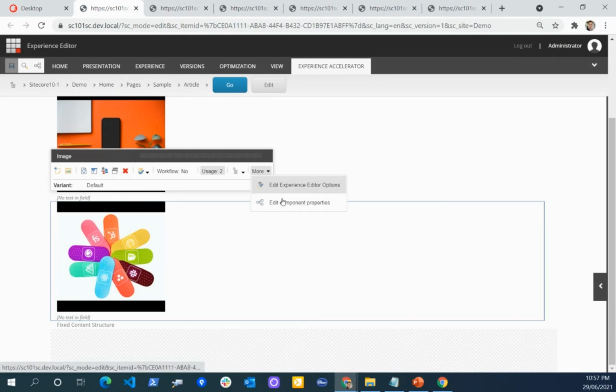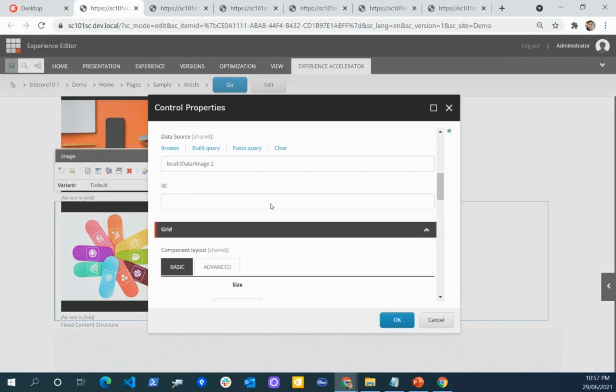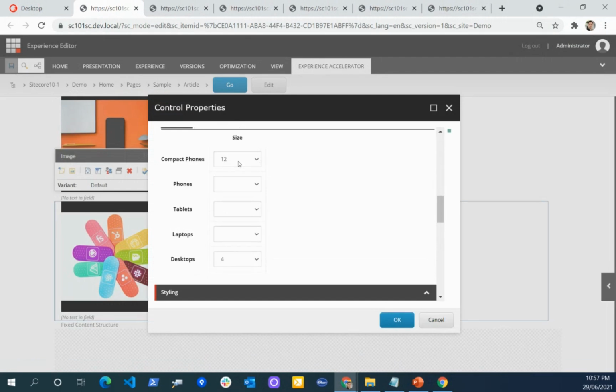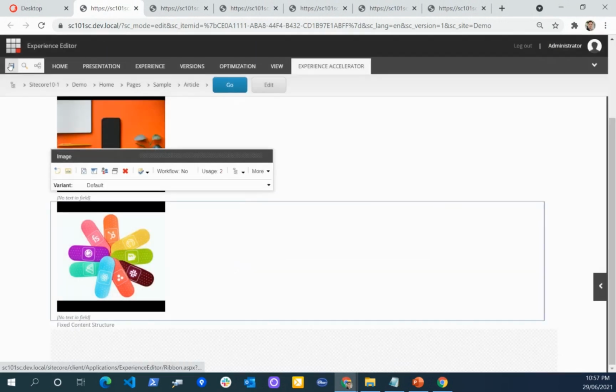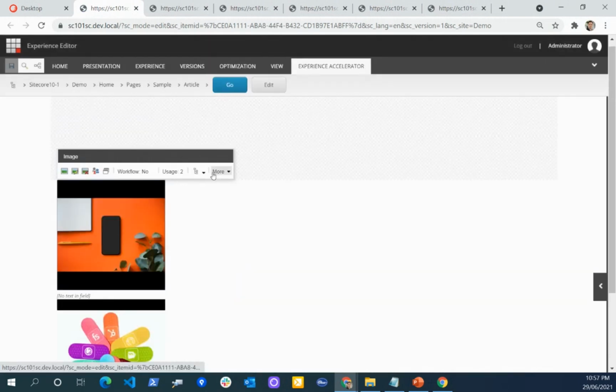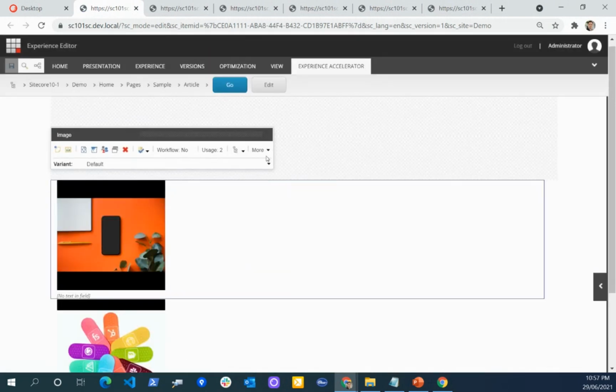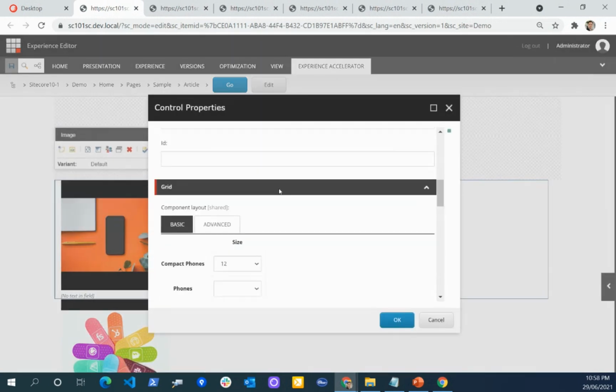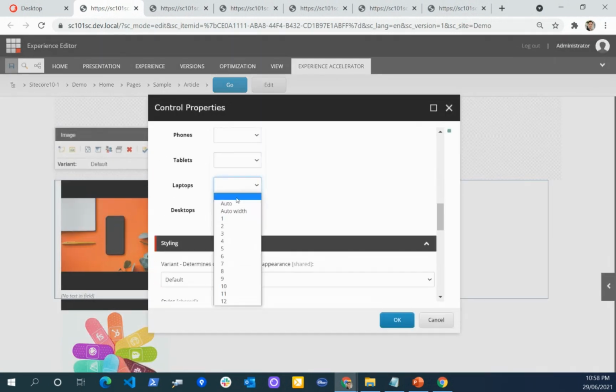So the phone will take the full width, and the laptop and the desktop will take 4, and for the mobile, take the 4.